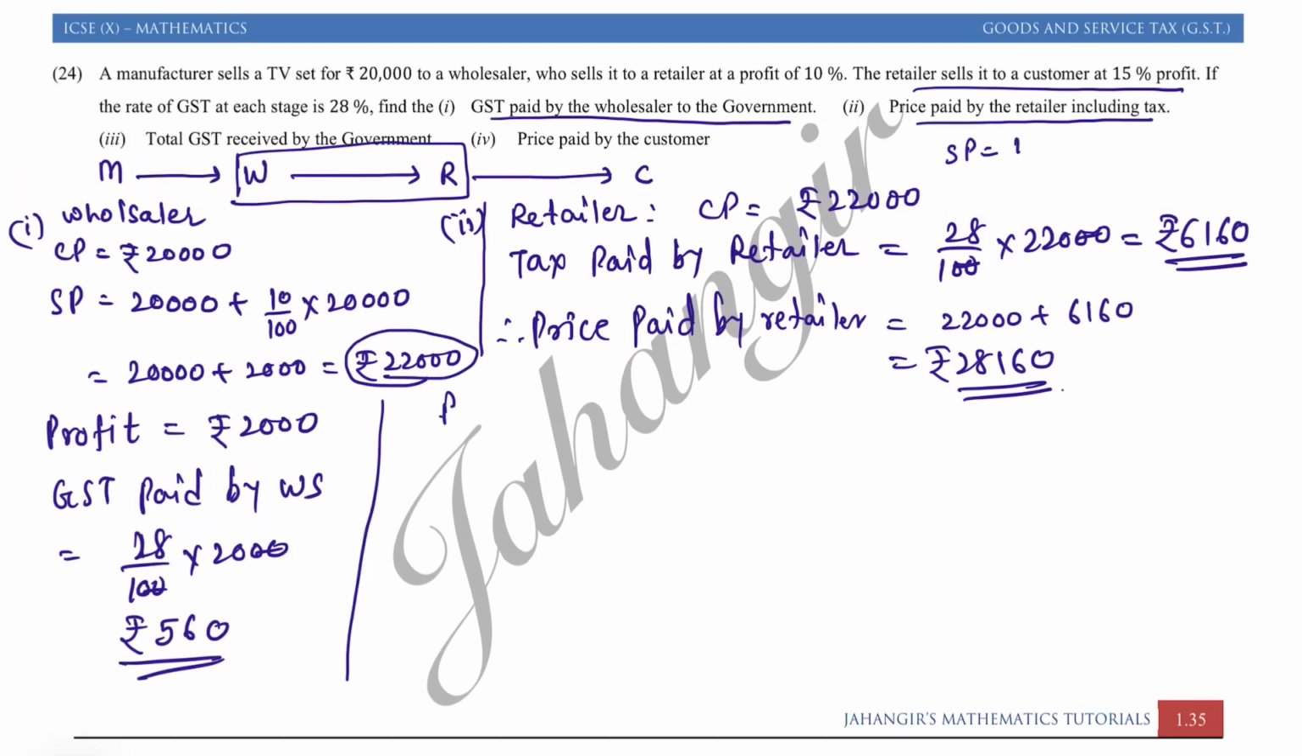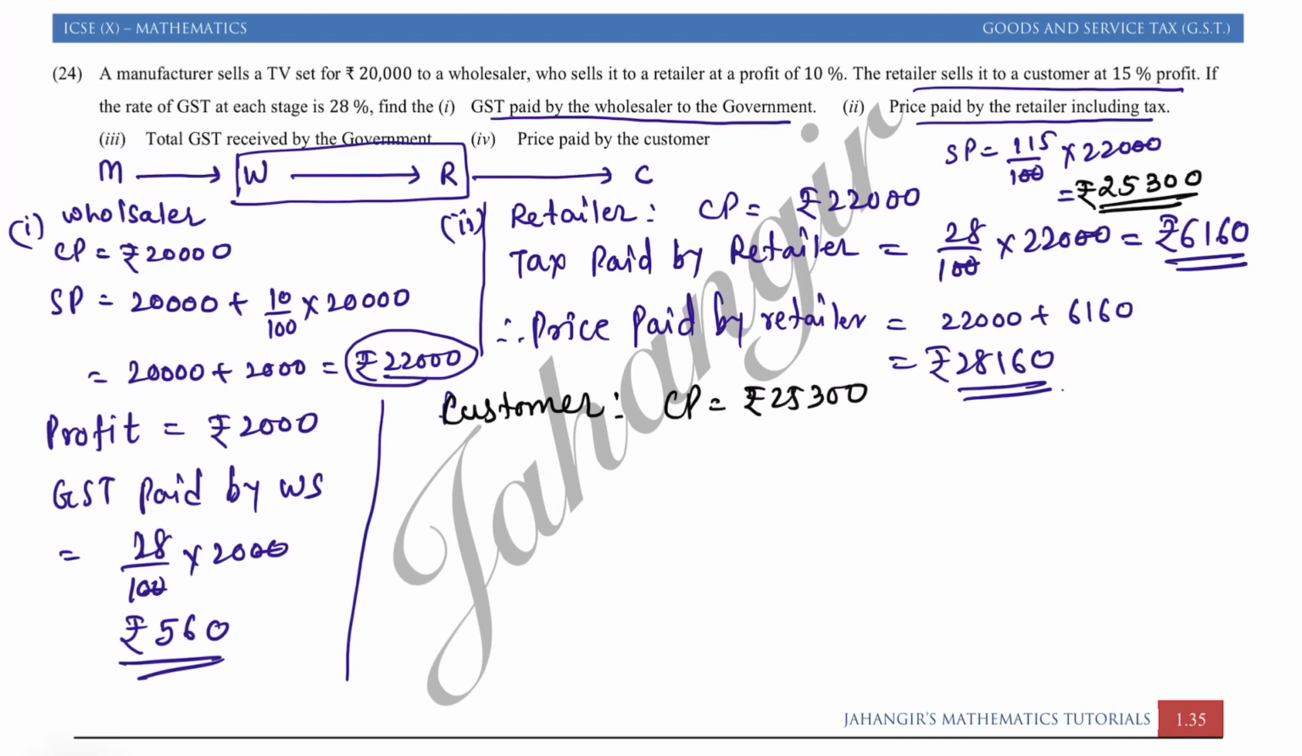Profit of 15%, it will become 115 upon 100 into 22,000. So you can get this as 220 into 115. If you multiply, you will get 25,300. This is the buying price for the customer. तो customer के लिए cost price is, buying price is equal to rupees